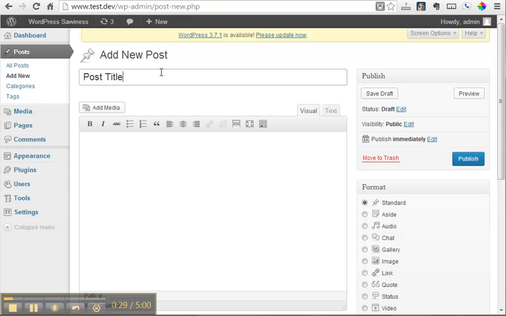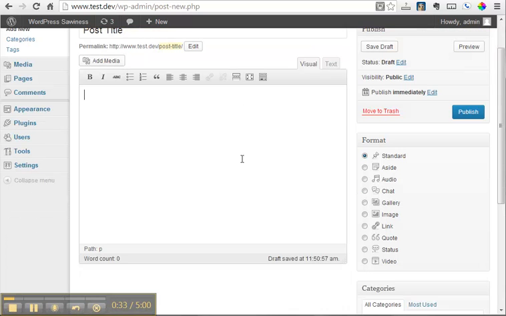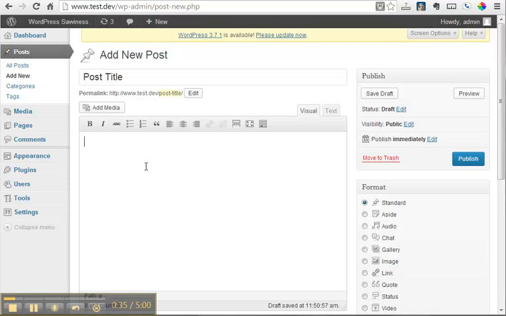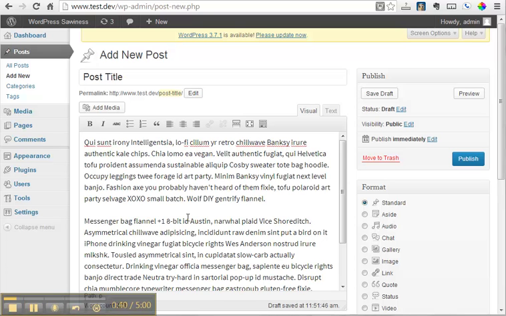here as just a regular post title, and then I'm going to come down here, and this is where you will enter in the body of your text. So I'm just going to go ahead and add some dummy text here. Okay, so I've got the dummy text in there,